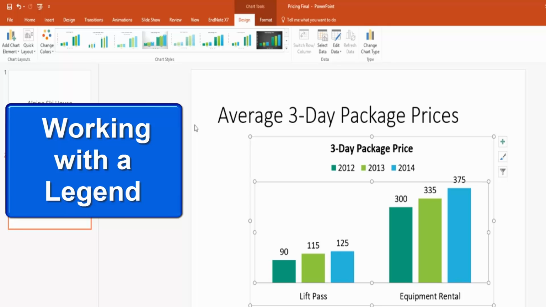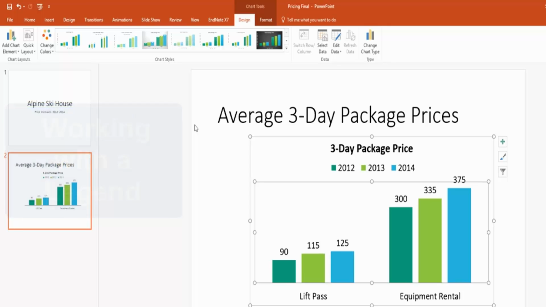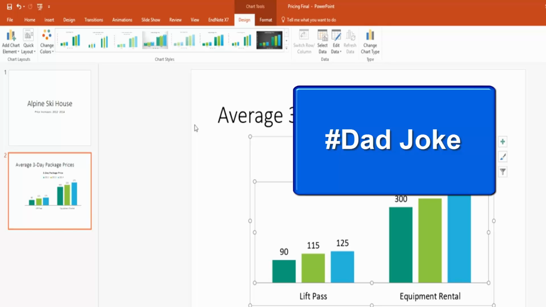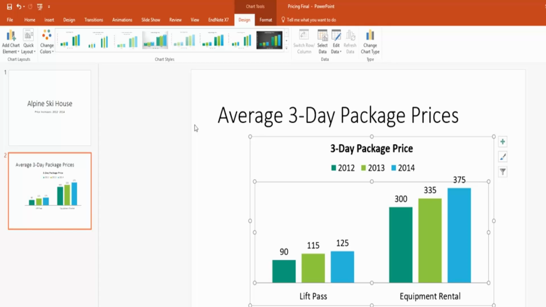Now we're going to move on to work with a legend. So a legend in the graph. Some of my colleagues would say they work with a legend. Get it? Dad joke? Anyway, yeah, working with a legend. Anyways,